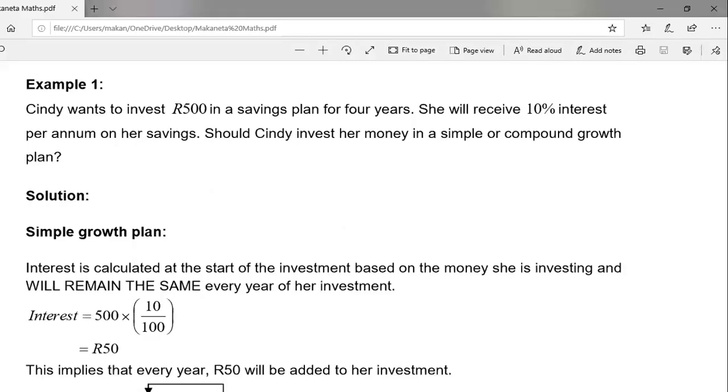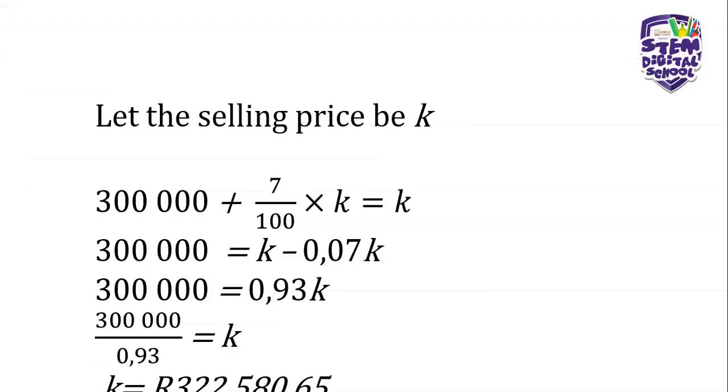So basically, that is what it means. And then if you take that same amount, 322,000 rands, and subtract 300,000 rands, you will get your commission there. So that amount that remains, which means 22,508 rands and 65 cents, that is the commission for the estate agent, and the commission will be taken there